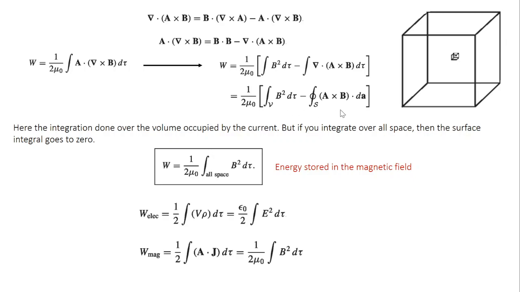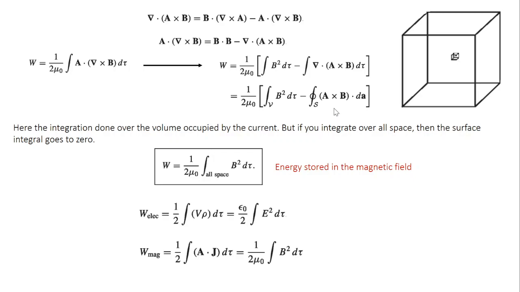So what happens to these terms? Let's first think about the volume integral. The volume integral over the entire space is nothing but the volume integral over this small cube plus the remaining space. Now current is confined to this small cube. Outside this small cube, current is 0. Consequently, the magnetic field and magnetic potential are also 0 in the remaining space. So if you do the volume integral in this remaining space, that's going to be 0. So essentially, when you extend the range of integration, the value of the volume integral doesn't change.